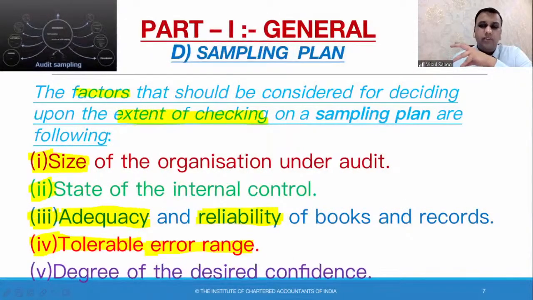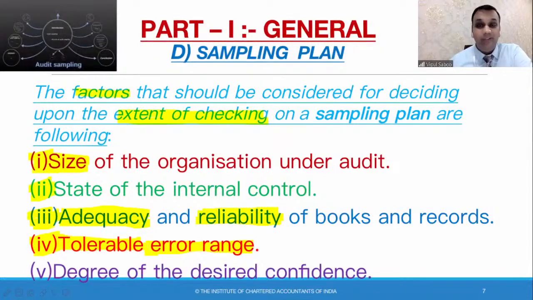Sometimes the 2 or 3 invoices are of very, I would say, negligible values, 5,000, 10,000, which are not that material. The auditor would say, yes, this is kind of tolerable. He'll develop a tolerable error range. From this to this, it is completely fine. My audit is not going to be affected by this, provided there are alternative ways to check for those particular errors. Compensating controls we did in the last session. If there are alternative means to vouch for those transactions, I would say it's completely fine. 2 or 3 invoices are missing, no issue.